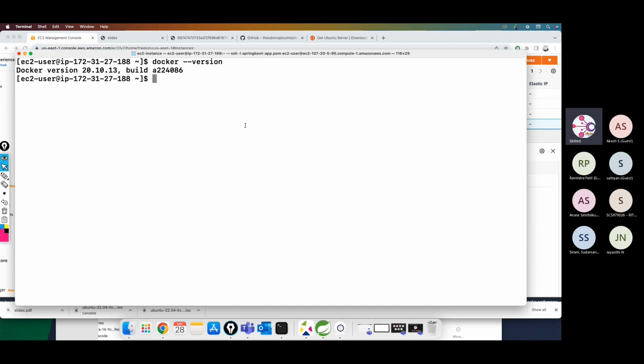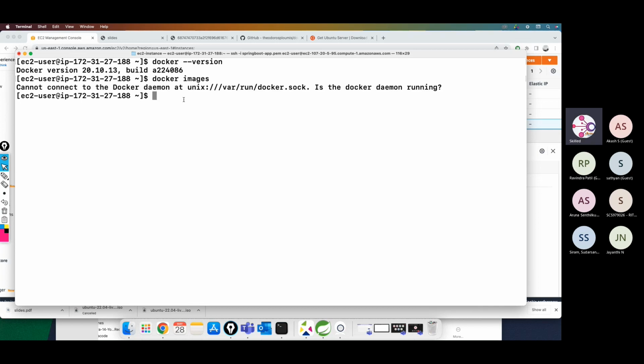Great. Now with the Docker tool, I wanted to see the list of images. I'll talk about images in more detail, but I just want to list out all the images available in this local Docker repository. Let's go ahead and run docker images. The command is docker images, right? So now you can notice that there is a problem in using the Docker command. The images command is not able to